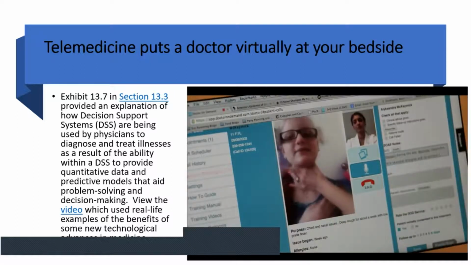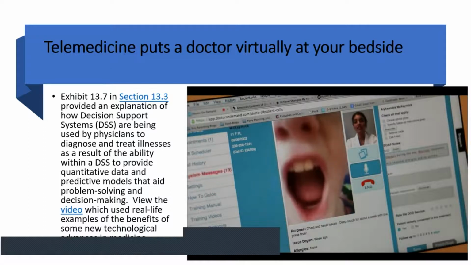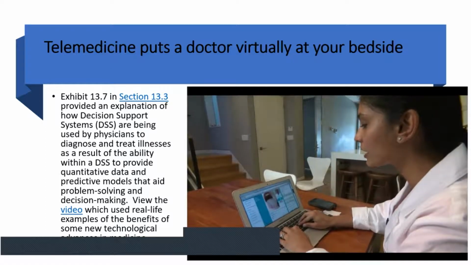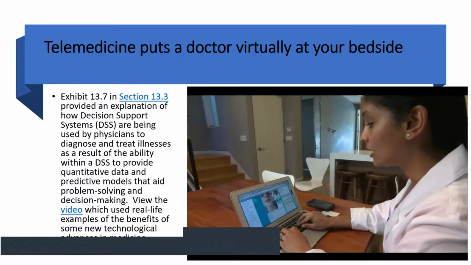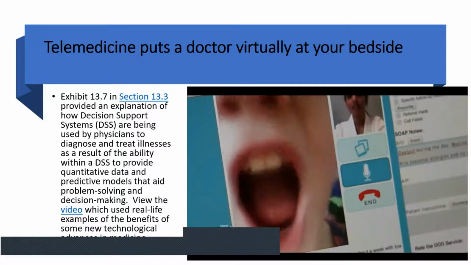If you feel here, do you feel any lumps or bumps? Feels a little swollen in here, just a little bit. And now I want you to bring the camera real close to your mouth and say, ah. Can we see? Yep, I got a good look there. It looks red, but I don't see any white patches. You can point the camera in the back of your throat and get a really good look at tonsils.